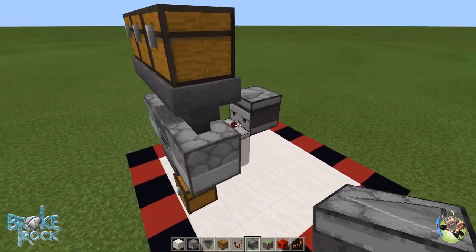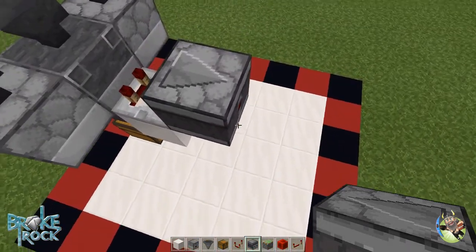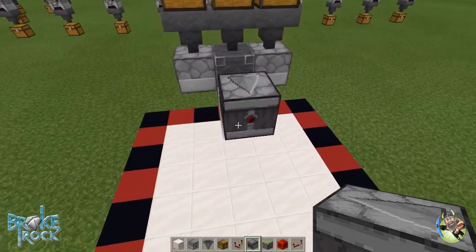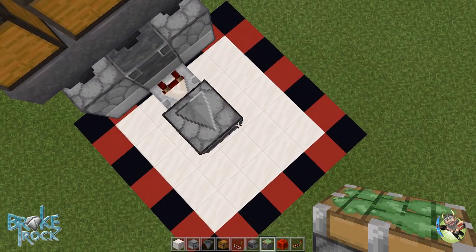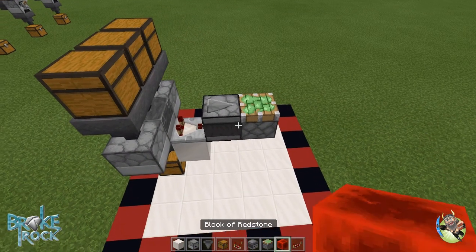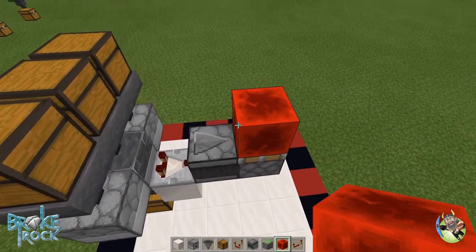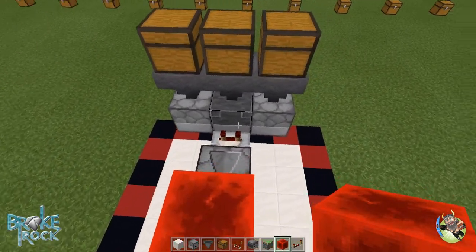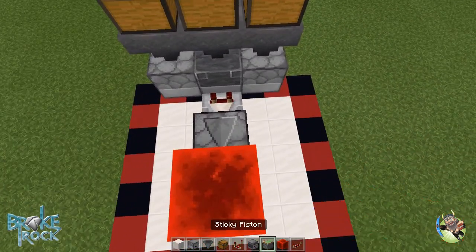So that observer is watching for that comparator to change. That's what we're looking for. Now, for the power side right here, we're going to take us a sticky piston. We're going to place it right on the back of it, just like so, and then place the block of redstone on top of that sticky piston. So now what we need to do is, while this is in this position,